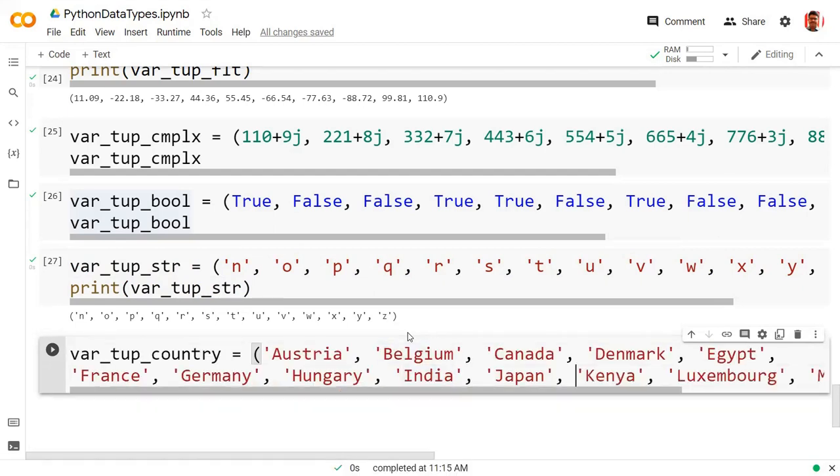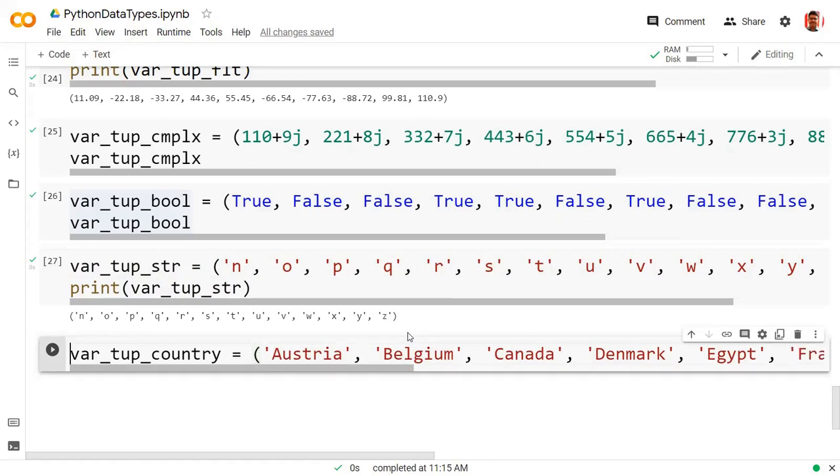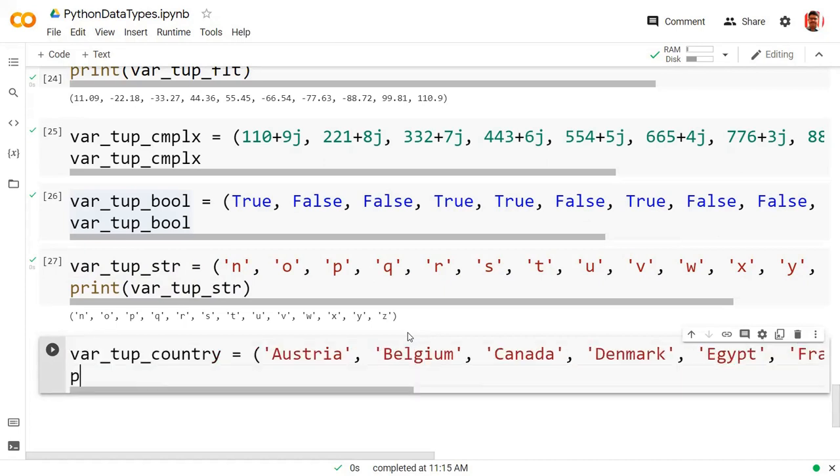So we have a long list of countries right here, and now you can print it as well.